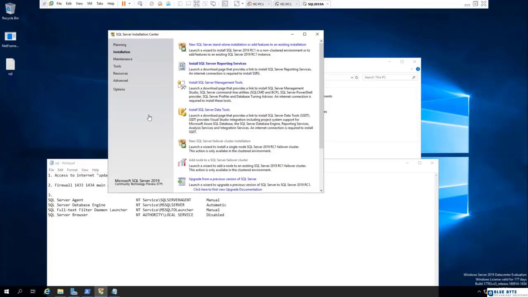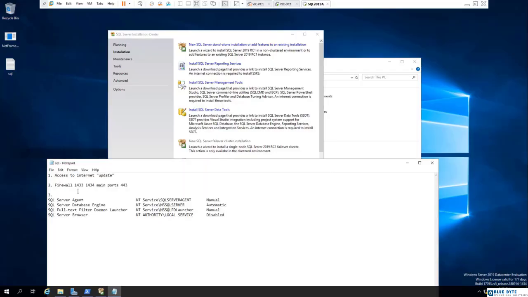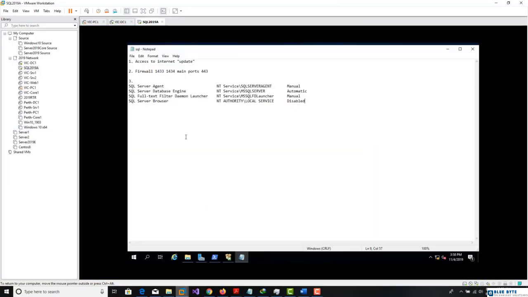Hello guys, in the previous two videos we had seen if my system passed all the requirement tests or not, and we had found some issues including these two: access to the internet, my system wasn't able to access the internet, and the firewall. Now first I need to give this system access to the internet,